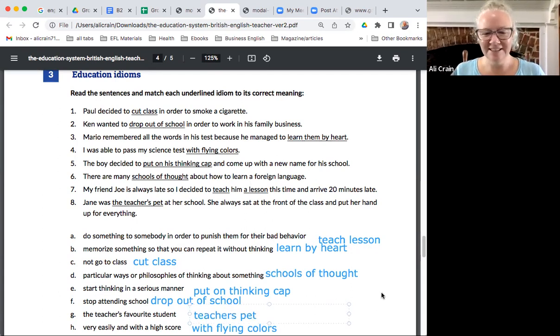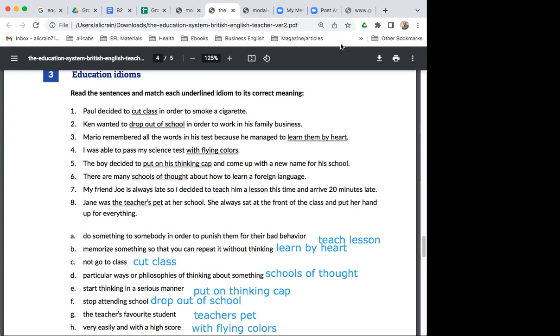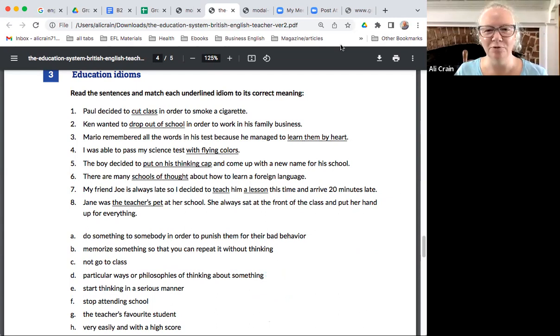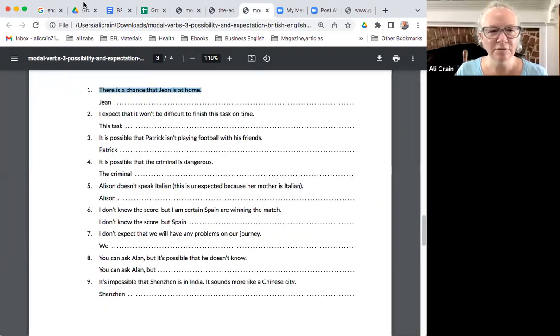Okay. Any questions on any of these? Good for today? Okay. No questions. So we did not get to the other modal verbs, but that's okay. As I said, I put them on your homework sheet. So, oops, wrong one. We did that one. It's the other one. This one.